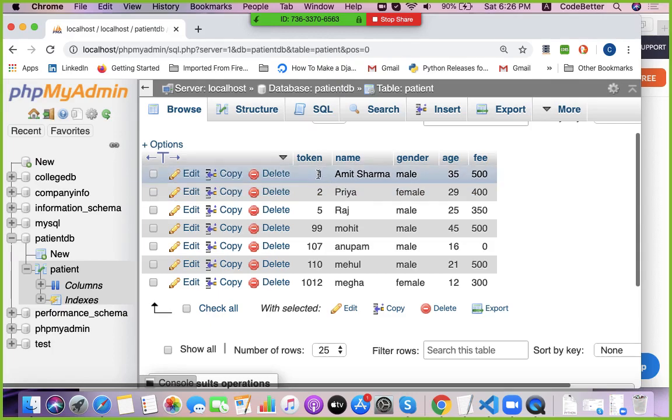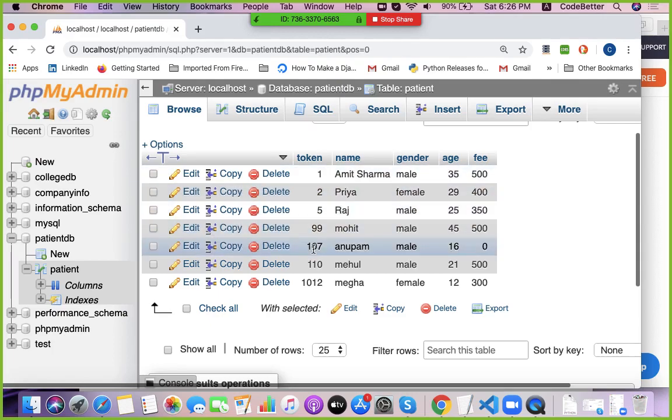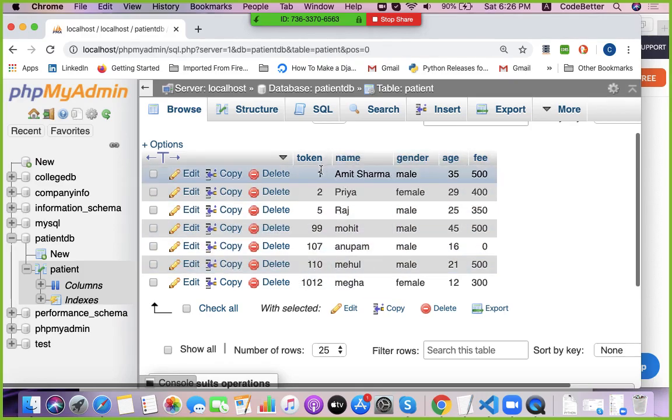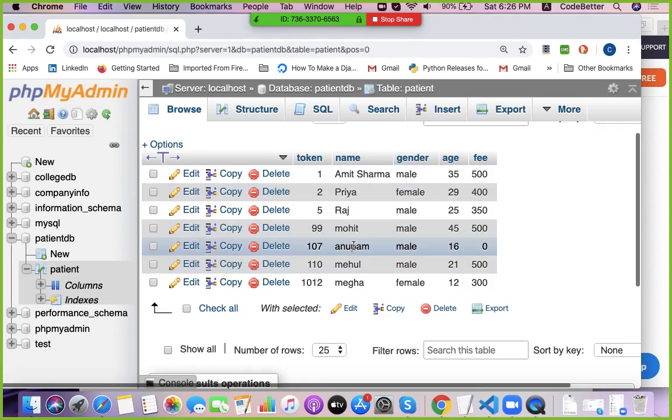So I will use this token number as a primary key. Once the patient comes to the clinic, we assign a token number to the patient, like 125991107, and for every new visit we'll use the same token number for that patient. Let's take this as the scenario, although this is not the scenario in reality.